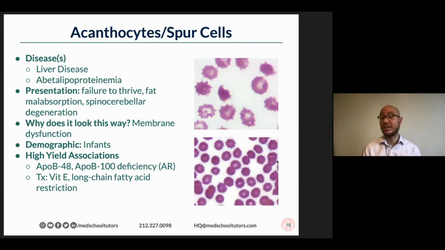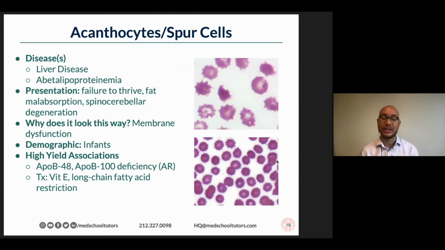shape. Of course, the association here is with liver disease and a rare diagnosis of A-beta lipoproteinemia. The presentation you'll find there, typically in kids, because it's a disease of childhood, a germline disease, and it looks that way because the membranes are messed up, right? The basic science associations here are ApoB48, ApoB100, autosomal recessive, and you treat by giving them vitamin E and restricting